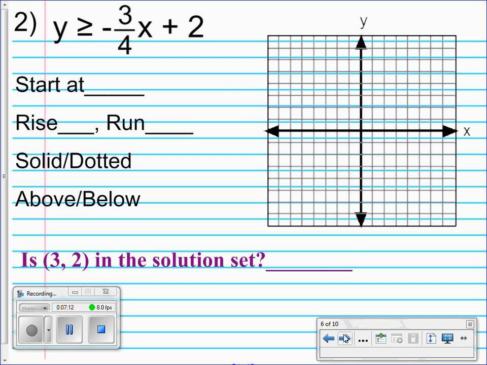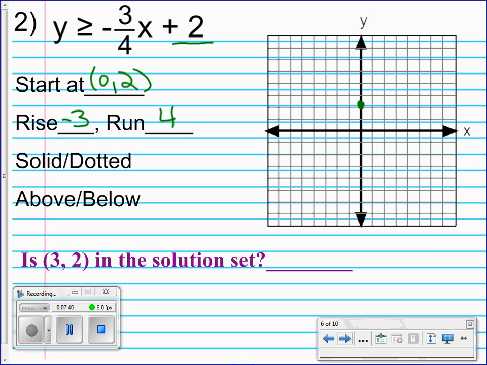Example 2, y is greater than or equal to negative 3/4 x plus 2. I know I need to start at my y-intercept plus 2, so 0, positive 2. So there's my starting point. I have a slope of negative 3/4, which means I have a rise of negative 3 and a run of